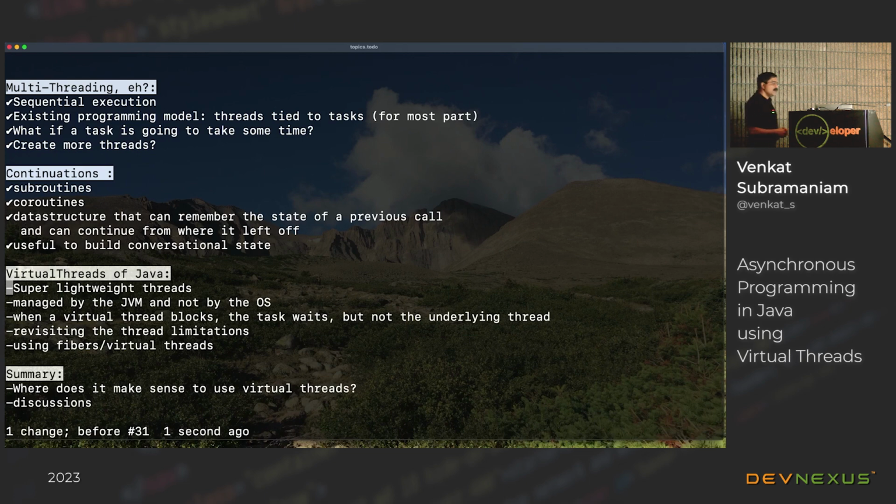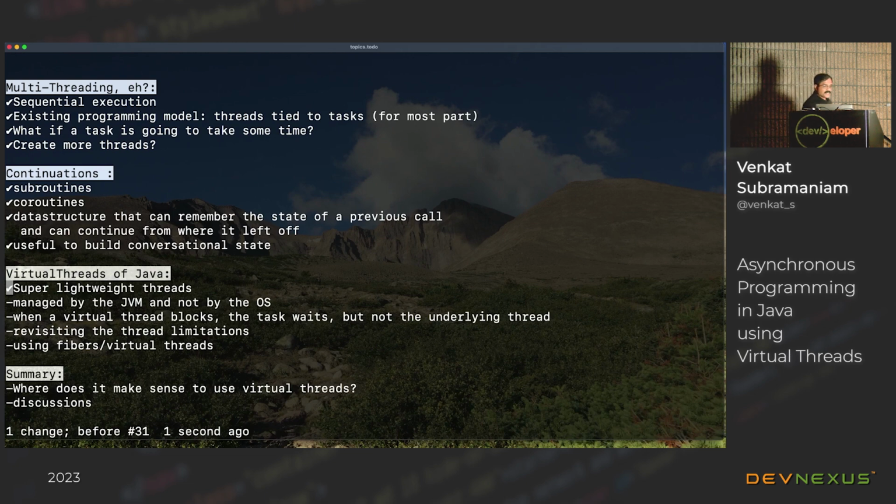But what are virtual threads? Virtual threads are super lightweight threads. You can ask, why is it called super lightweight threads? Because they checked around and they found the word lightweight was taken already. So they had to come up with something more than lightweight, so they called it super lightweight. So threads are lightweight, but on the other hand, the virtual threads are super lightweight. To give a silly analogy, threads are light like a child, the virtual threads are light like a feather, right? So they're really, really lightweight compared to the other ones.